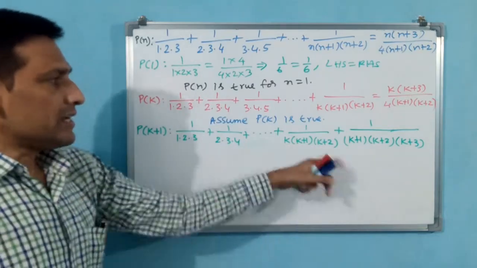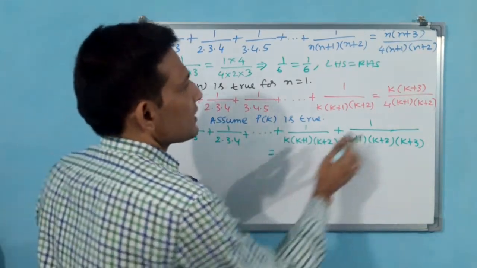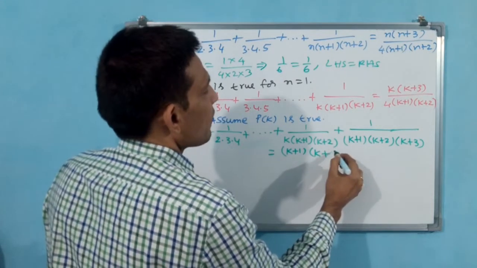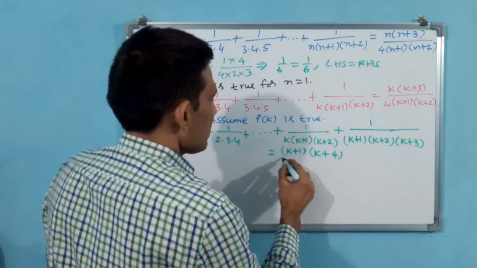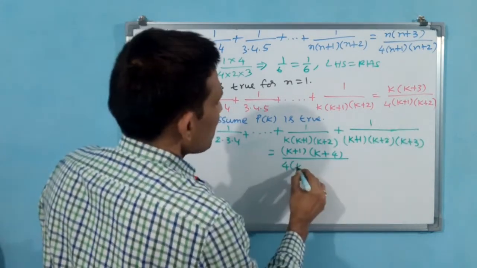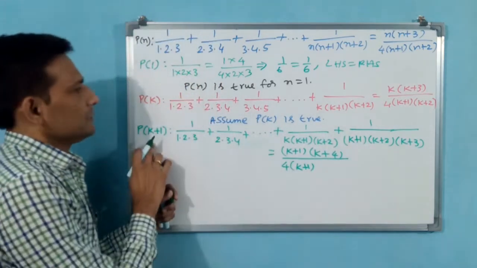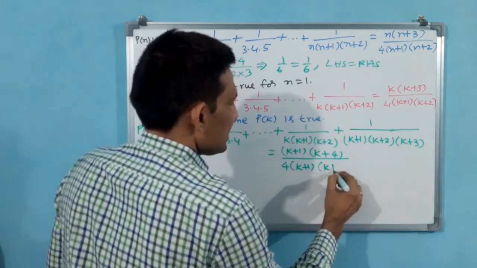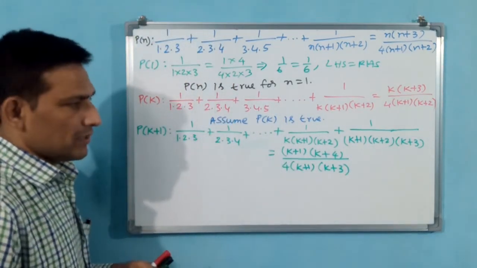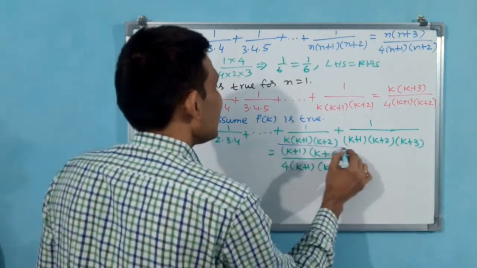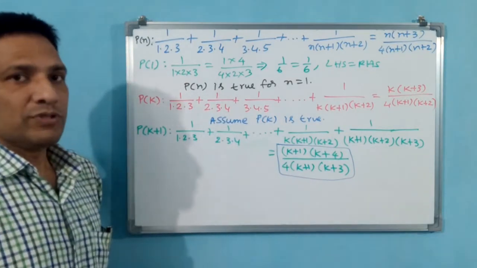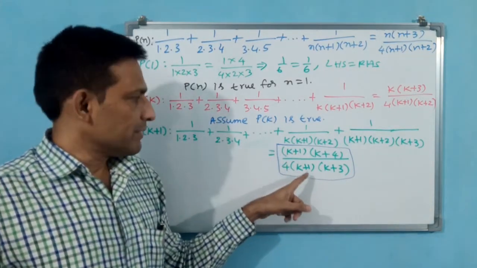You see, this is LHS only. RHS, what you have to write? RHS, you see, k plus 1 into k plus 4. Why? Because k plus 1 plus 3 is k plus 4, divided by 4 into k plus 2. Why? Because k plus 1 means k plus 1 plus 1, and k plus 2 means k plus 3. This you box now. Why? Because finally you have to prove this one, RHS. You see, k plus 1 numerator is there, k plus 2 denominator.